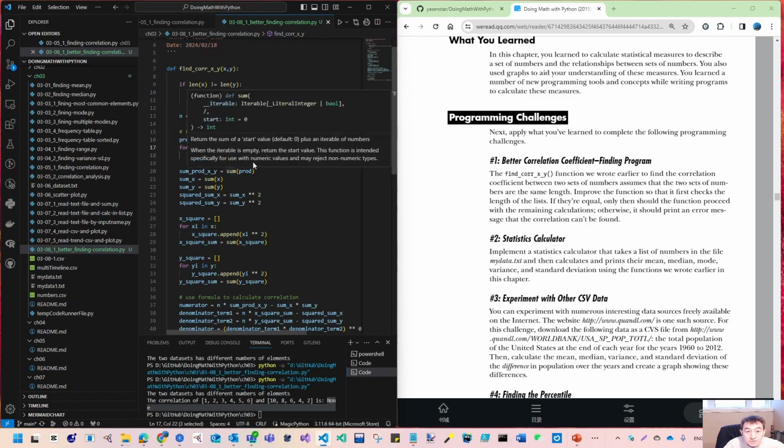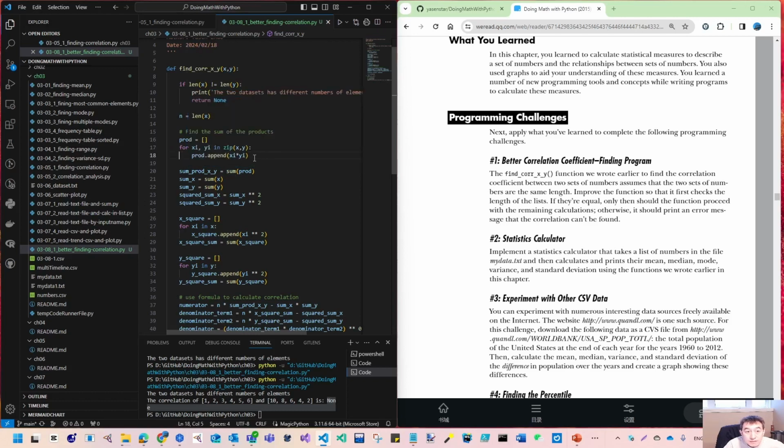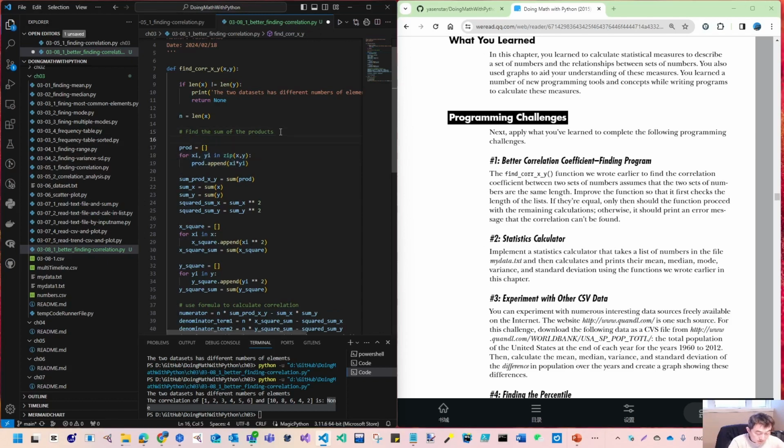But actually the product can be done directly. So this is method 1 using zip. Let's comment it out